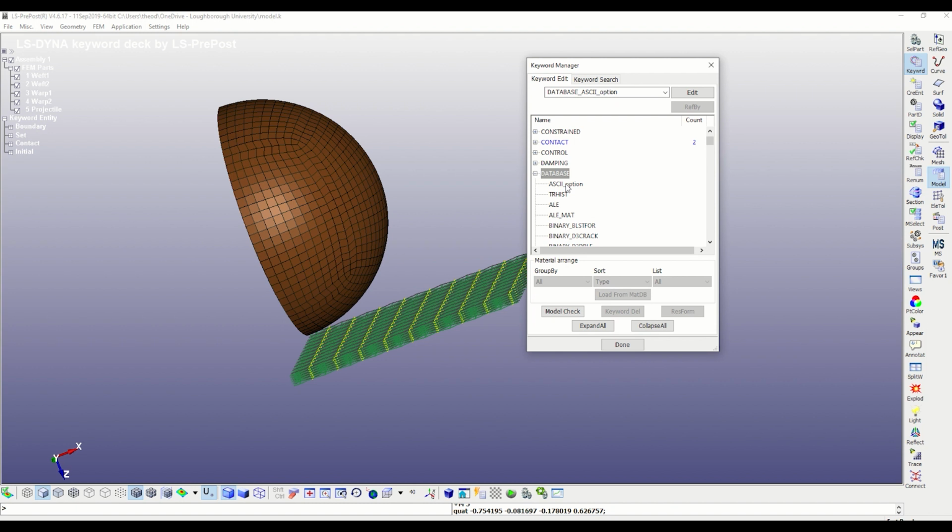Okay, now we are close to the finishing line. We can define some outputs that we would like to see after the analysis is complete.